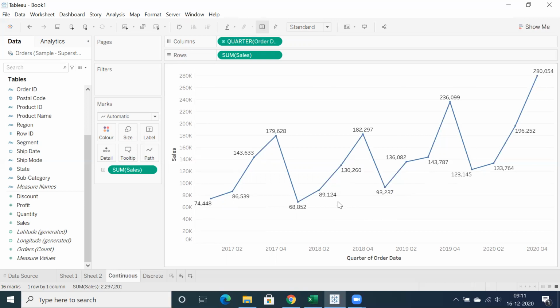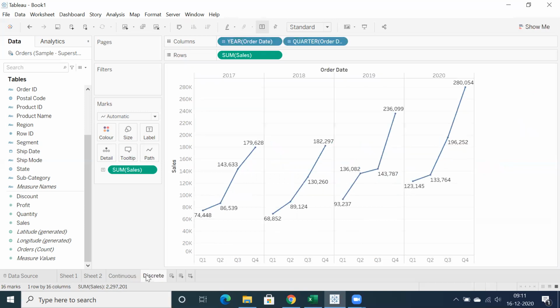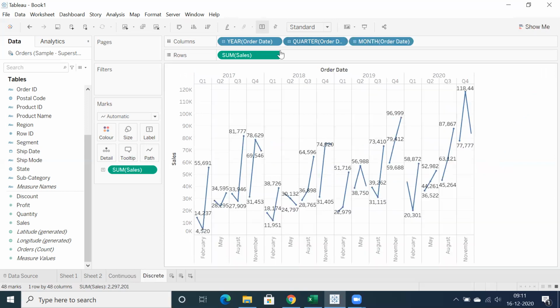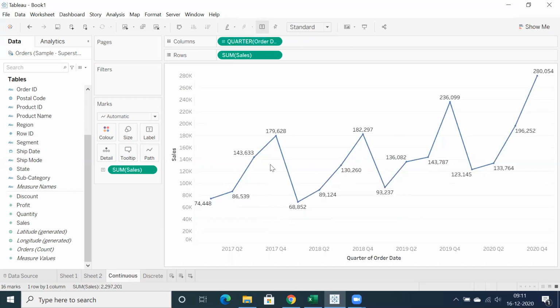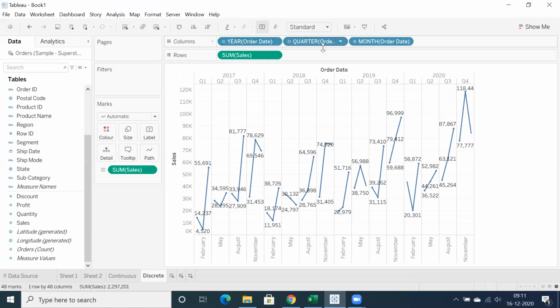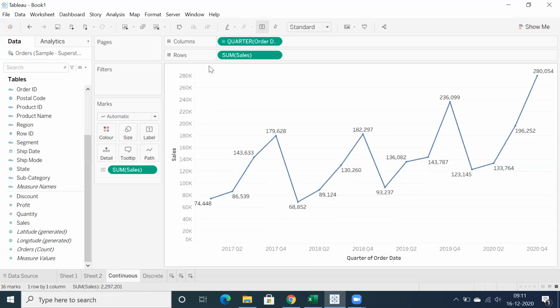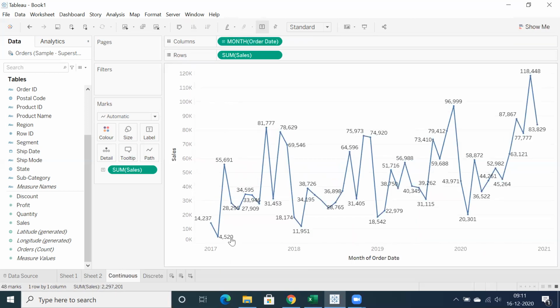That's one proper example where I can differentiate discrete and continuous. So when you drill down, it is discrete in the sense that we are going to get individual visualizations at that level, quarter wise, individual year, month-wise sales. But for continuous, it is going to showcase each and every year-wise, month-wise continuous line graph.